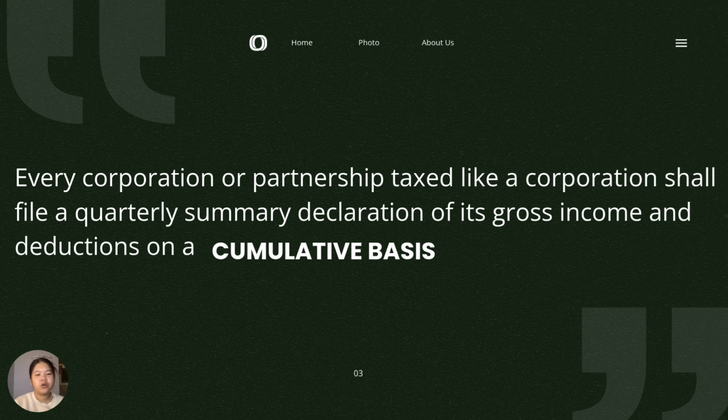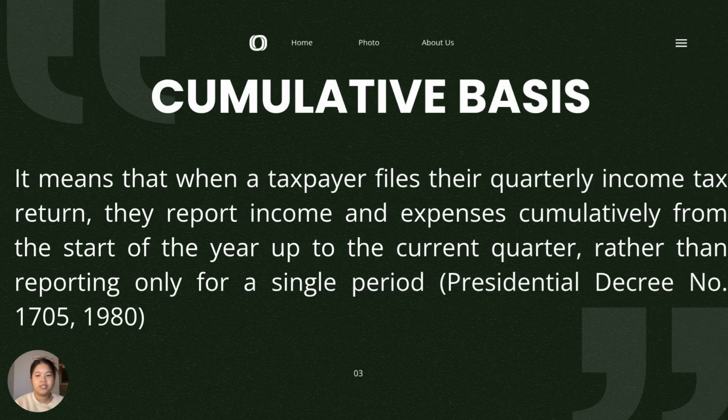Every corporation or partnership taxed like a corporation shall file a quarterly summary declaration of its gross income and deductions on a cumulative basis. So what is a cumulative basis? It means that when a taxpayer files their quarterly income tax return, they report income and expenses cumulatively from the start of the year up to the current quarter rather than reporting for a single period. This method enables the BIR to keep an eye on a company's financial activity and tax